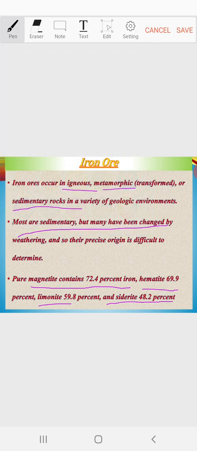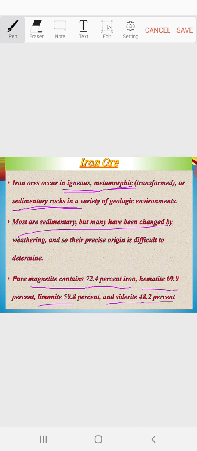Now where is iron ore found? Where does it occur? It is found in igneous and metamorphic rocks, but it is also present in sedimentary rocks. Now how is this possible? As per our common knowledge, we know that igneous and metamorphic rocks are the basic origin for iron ore,